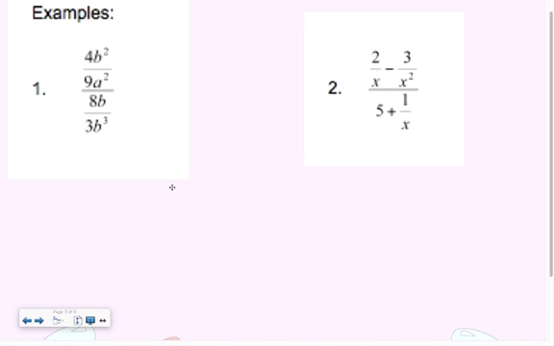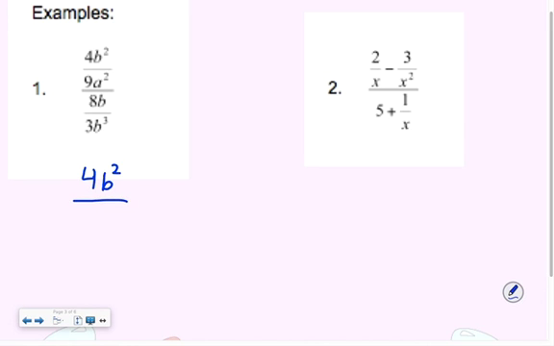It looks like a monster fraction. Let's make it easier. Yeah, we're going to change it to a division problem. And then division means we're going to multiply by the reciprocal. Okay, so that's exactly what we're going to do. So let's just rewrite it. 4b squared,